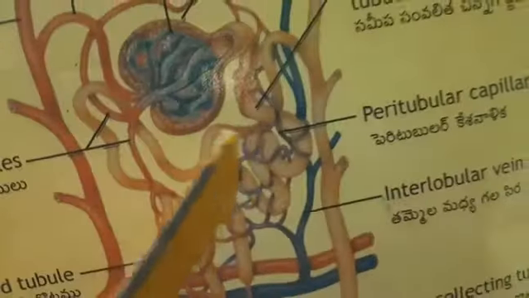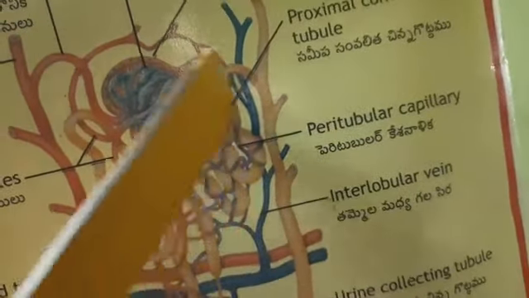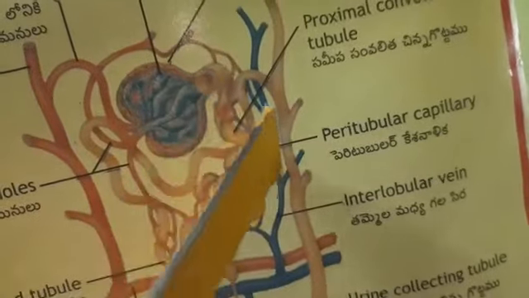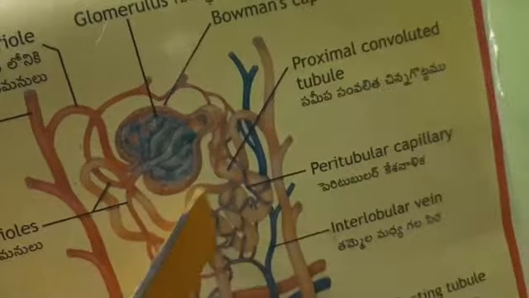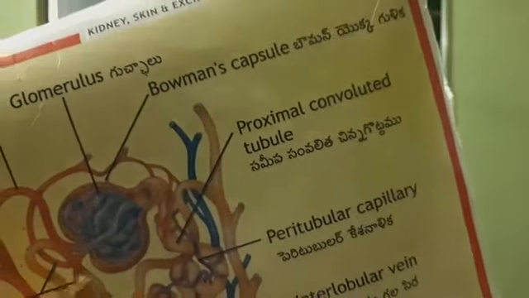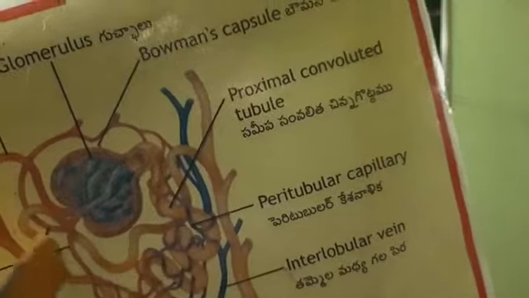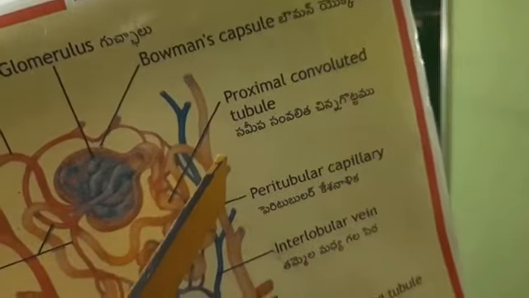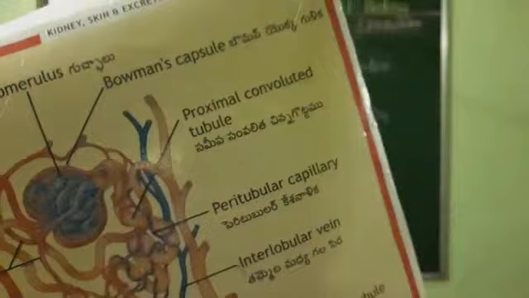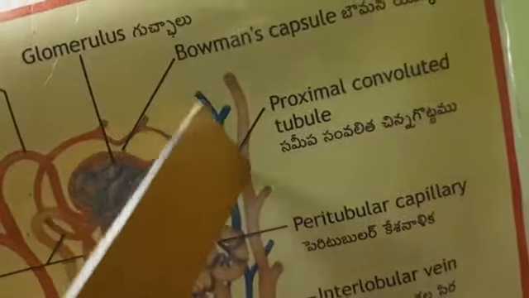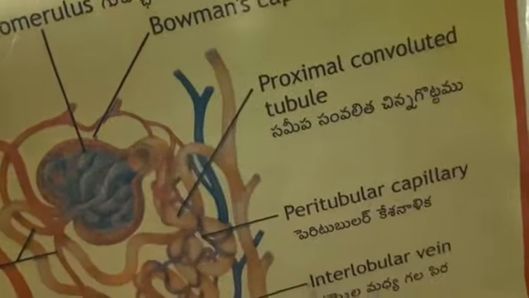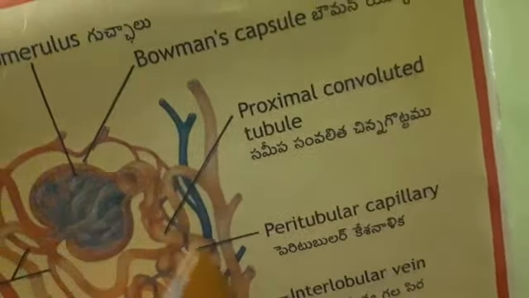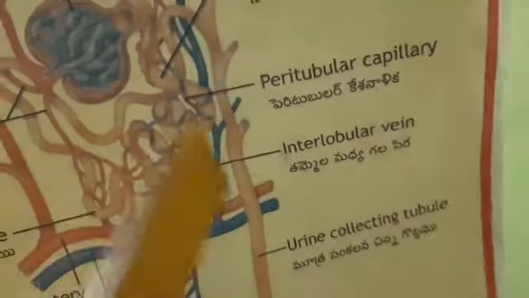Now after that, you can see many folds in this region, isn't it? All those folds together, this whole region is called the DCT, the distal convoluted tubule. Okay, this is proximal. Whatever is there after the Bowman's capsule is the PCT. Near the end of the tubule, that is called the DCT, or the distal convoluted tubule. This distal convoluted tubule will enter into this long branch, as if it is a tree's branch, isn't it? So it is joining that. So this long branch-like structure is called the collecting duct.